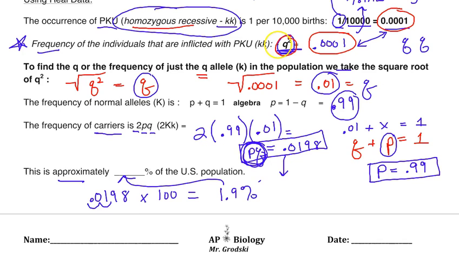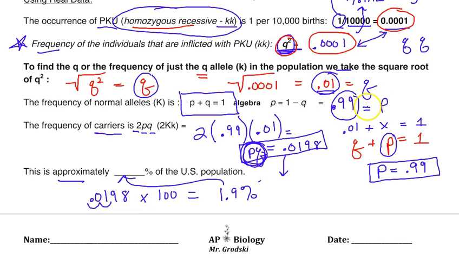So if I know this is my q squared, these are individuals, both of the recessive, I square rooted my q squared to get q. Once I had my q, I know that p plus q is always true. I subtracted that from 1 to get my p, which is the